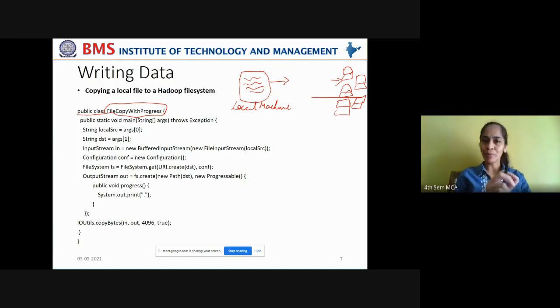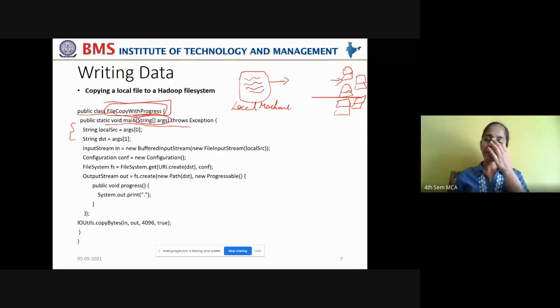To mention the purpose of that Java class, you have given FileCopyWithProgress. Now give the main function also: public static void main, with the String array argument, throws Exception. Now the actual class starts. What parameters does it require?